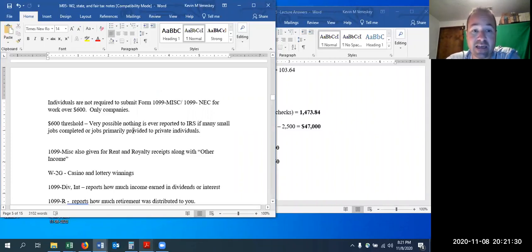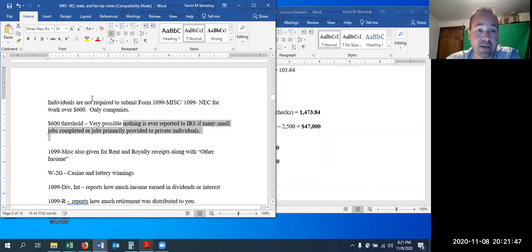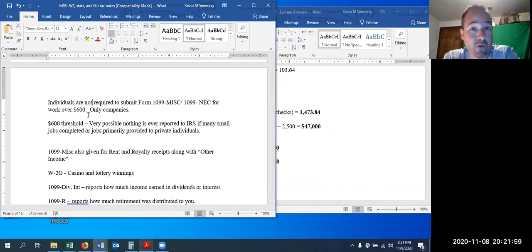So you can see that it's very possible that nothing is ever reported to the IRS for that individual who just works for private homes, because private home owners aren't going to know to fill out this form and aren't expected to. Therefore, the electrician is going to have a lot of income that's never reported. So it's going to be up to them, and that's where they may have an audit, and the IRS may say, hey, let me see your bank records. Do you have a lot of money coming in that's not being reported? And then if it's not reported, can you prove that it's not taxable? That's where a lot of people get in trouble.